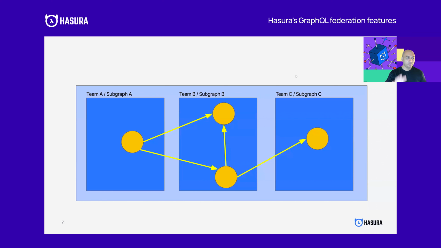Now, the key thing here, which we're going to come back to again and again, which users of Hasura know, is that these things define models and relationships instead of thinking in terms of GraphQL fields and resolvers. This turns out to be the right level of abstraction when you want to do federation. So the subgraphs here are proper graphs. They're not GraphQL servers. When you put subgraphs together, you get a big graph, which is a supergraph.